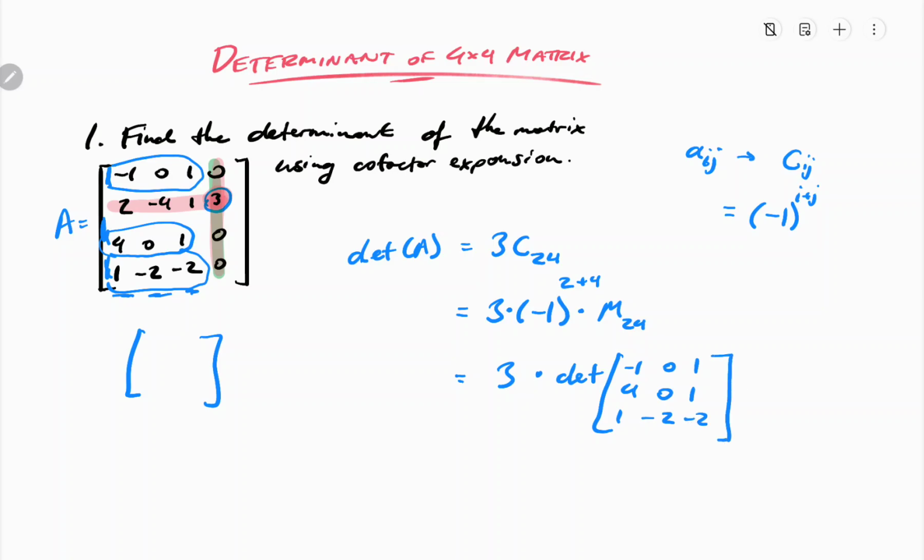Now we need to go back to the drawing board and do this all over again on this 3 by 3 matrix, because we don't have an algorithm to work with like we do for a 2 by 2 matrix. So we will do this process all over again, and we will pick the straight row or column with the most zeros in it, which will be this one. So the determinant,